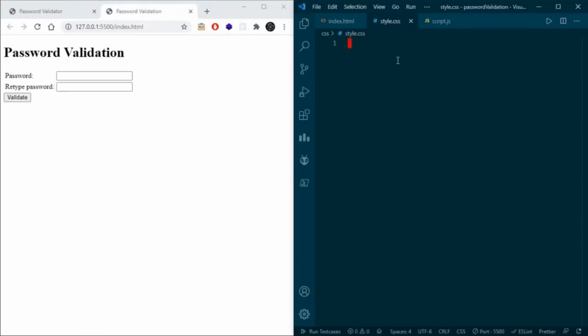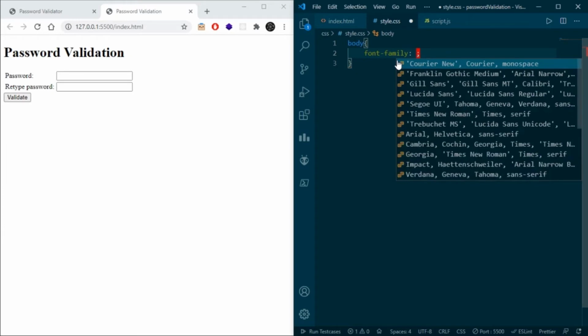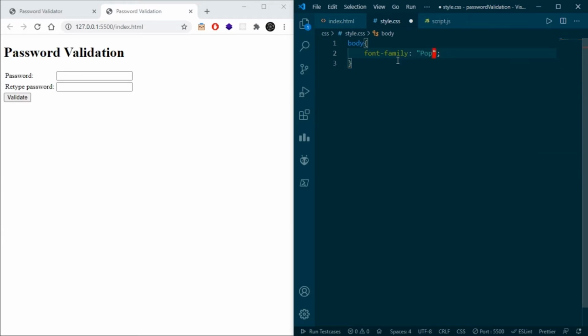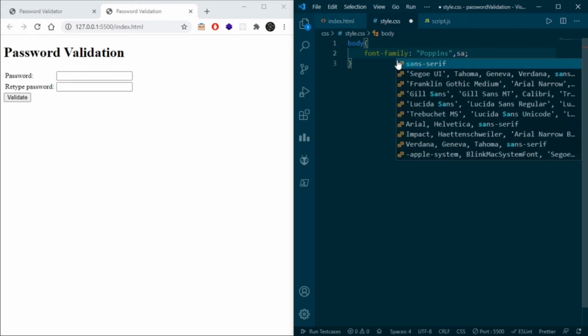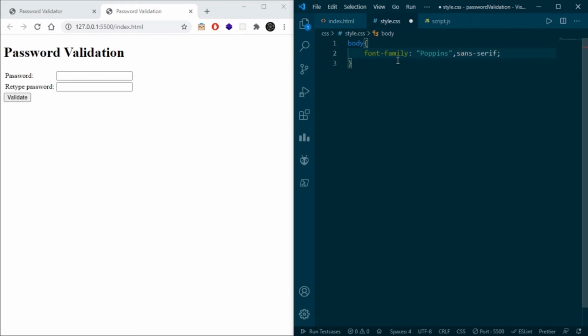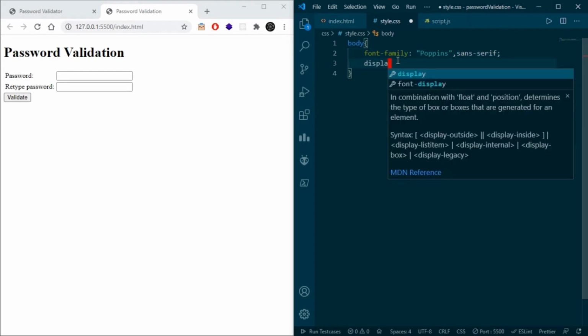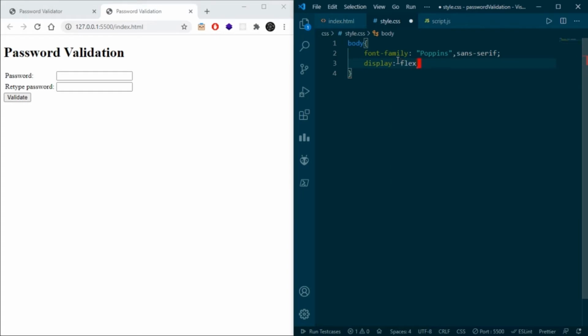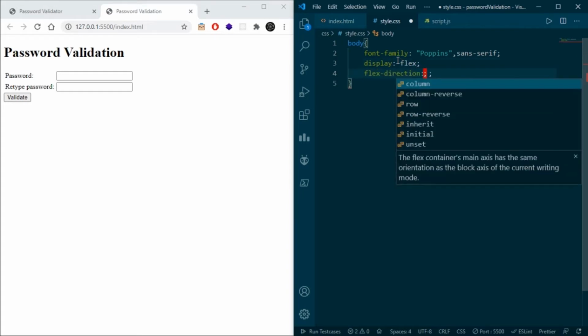Here firstly I will style our body. So for that I will simply write body and here I will write font family. So here I will pass this font family, display flex. I will give flex direction as column.